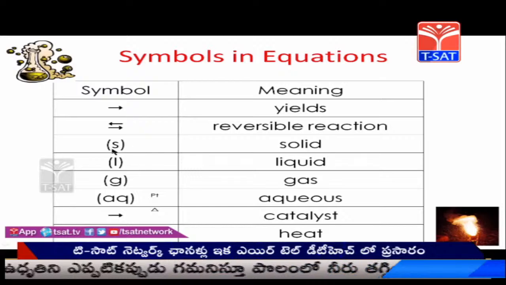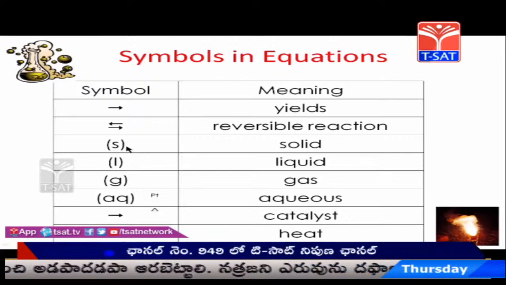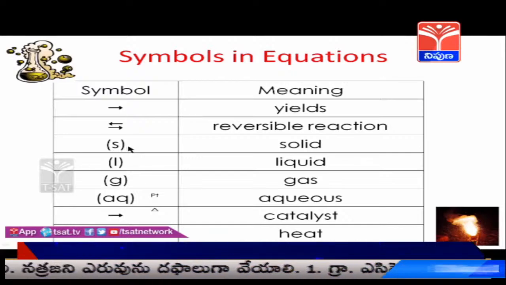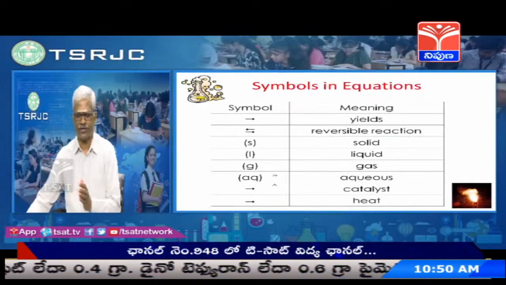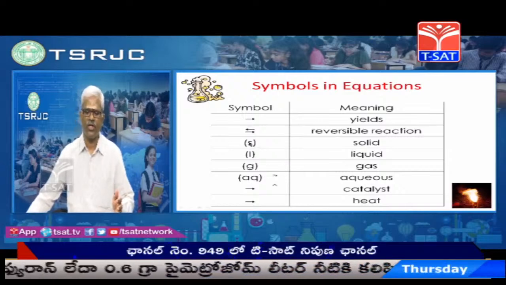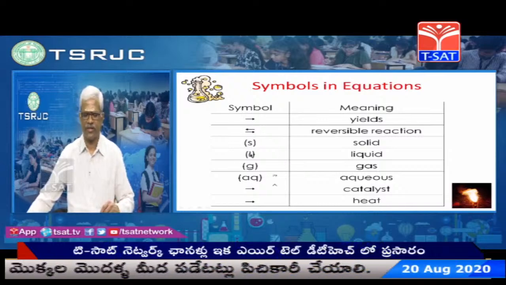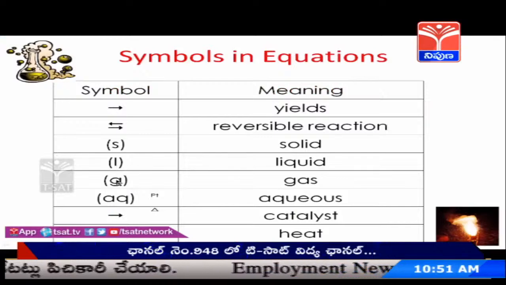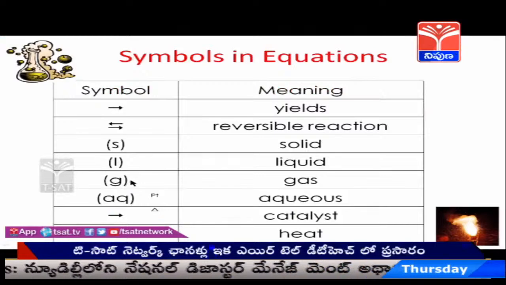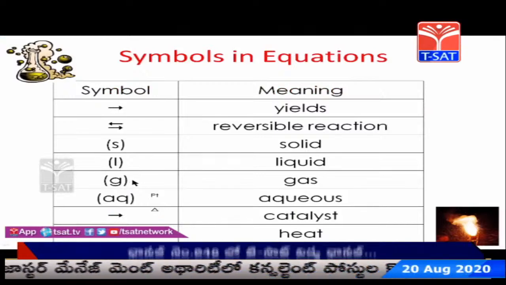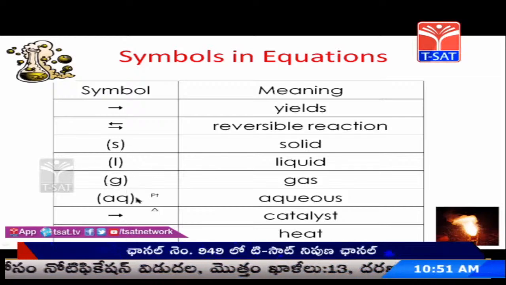After writing the equation, we represent the nature of the molecule or the nature of the substance. Here, I mean the substance may be the reactants or the products. If the reactant is in solid state, we represent the solid substance with S. This is L for liquids, and likewise for gases. So, in what state the reaction is taking place, in what state one molecule or atom is reacting with another molecule or atom, that will be represented like this.